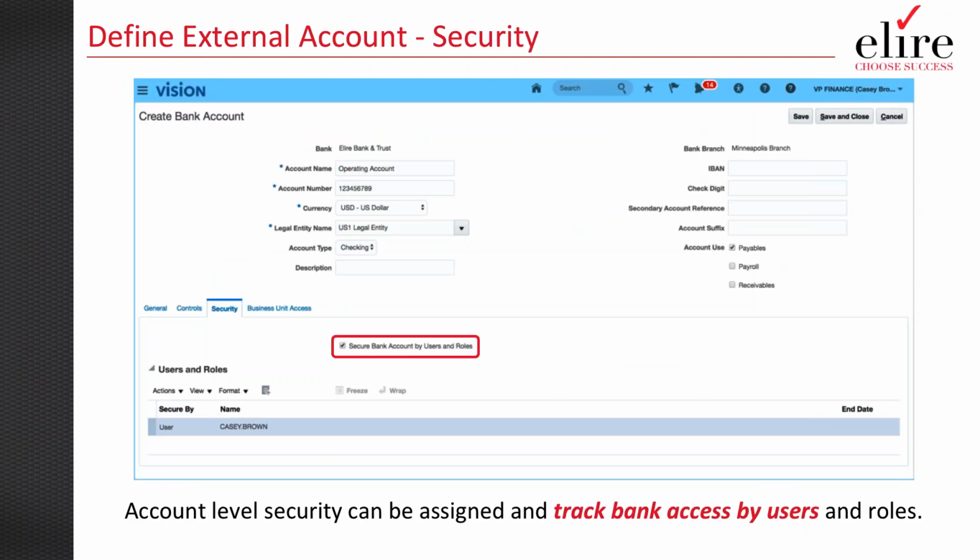One concept that's actually newer to Cloud ERP that wasn't delivered out of the box in a lot of on-prem applications was the ability to control security at the bank account level. What used to occur is that if you had access to a business unit that's linked to the external account definition, you could see any defined external accounts linked to that BU. Now Oracle has recognized that if you have access to a business unit, you could be an AP team or a treasury team, and you don't necessarily need to see each other's accounts.